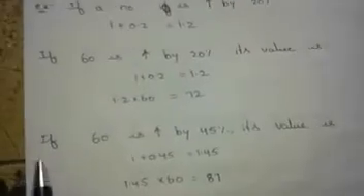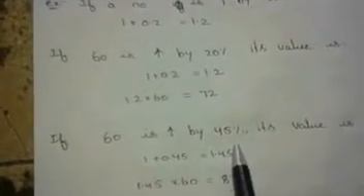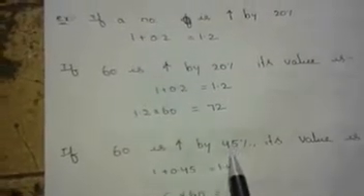Now, let us have a look at the other example in order to get the clarity. If 60 is increased by 45%, what would be the resultant value? As I've already told you, since the value is getting increased, you have to add 1 to the value that is getting increased. So 1 plus 45% equivalent decimal value, which is 0.45. You will be getting 1 plus 0.45, that would be 1.45. So in order to get the resultant value, we have to multiply 1.45 to 60. That would be 1.45 into 60, that would be 87. Okay, fine. So this is how we have to do.